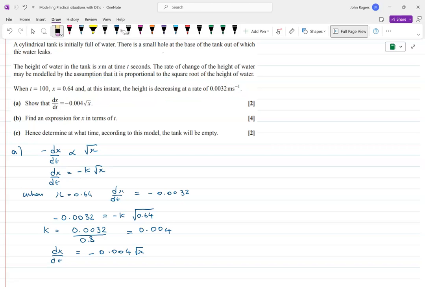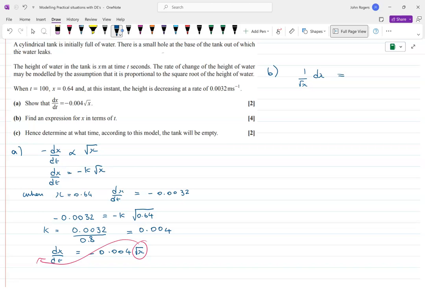So part B is to solve that differential equation. Compared to some of the things you see, this isn't going to trouble us too much, I don't think. So we're going to integrate both sides. First of all, we're going to separate the variables, so the square root of x is going to end up on the bottom. We divide by the square root of x on both sides, so we have 1 over the square root of x on the dx side,